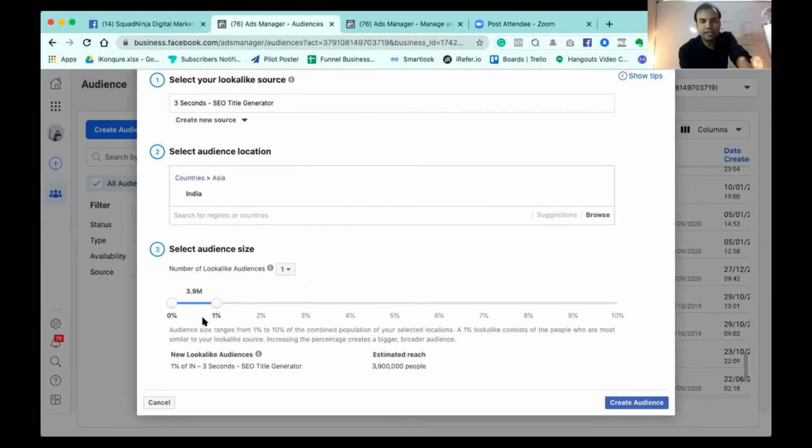And then, as I told you, it is going to create the lookalike audience. It will create 0 to 1%, 0 to 2%, 0 to 3%, or 1 to 2%, and all these things. Once you see here, it will give you the estimated people: this many people I can create for you as a lookalike. If you make it 2%, it will give you more people, but they will be a bit less similar, less lookalike. But 1% is the minimum that you can take, and this number depends on the population of the country who are on Facebook.